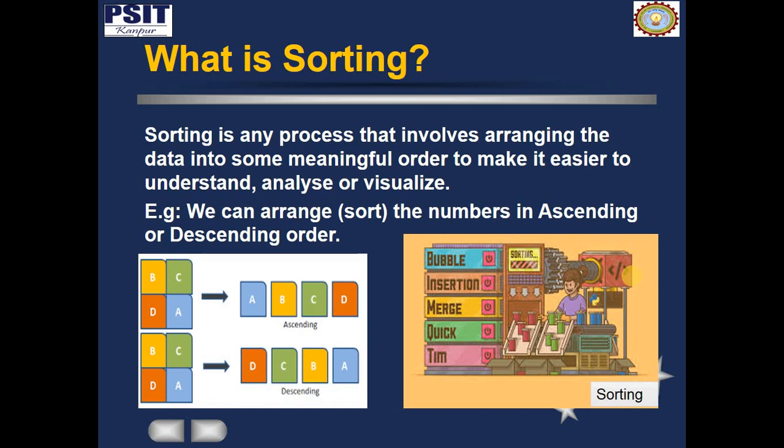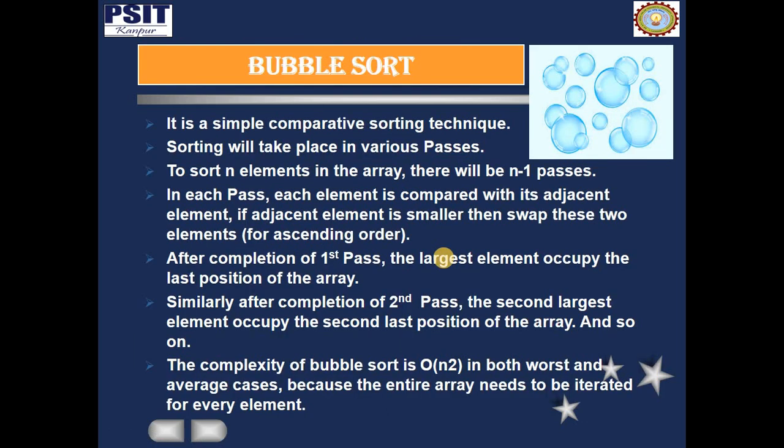So there are various sorting algorithms, for example bubble sort, insertion sort, merge sort, quick sort. But in our syllabus there are three sorting algorithms: bubble sort, insertion sort and selection sort. So here I am going to discuss bubble sort. So why is it called bubble sort? Because as shown in this figure,